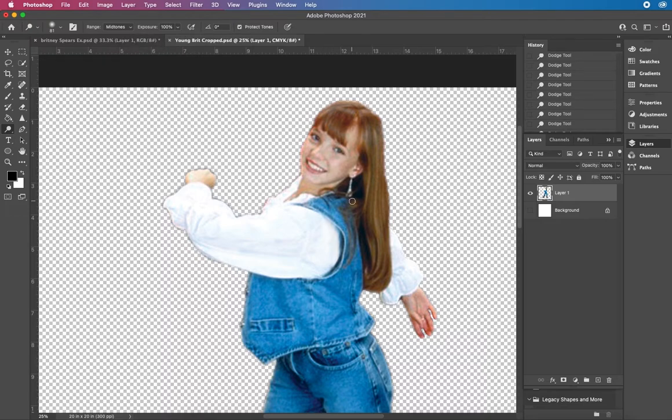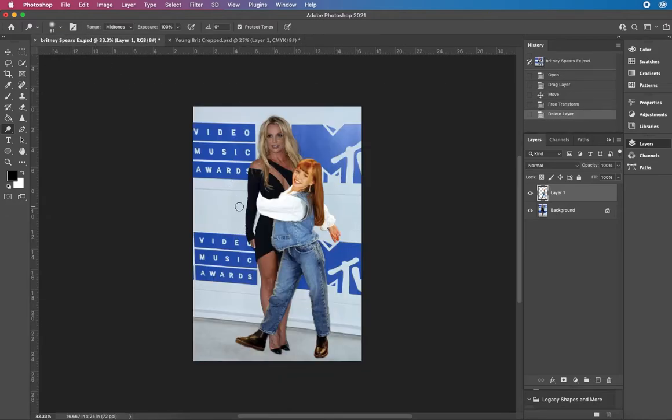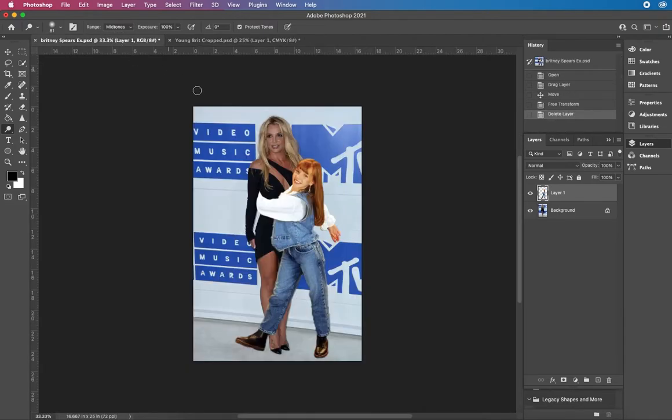So this is going to be unique to your project. You're going to have to pay attention to, one, where the light source is coming from. Like I said, on this one, it's coming from the top, so that needs to be corrected. And then also the color of the image. So we fixed this one a little bit. It could still stand to use some color correction. But the other thing that you can do, which is really going to help,